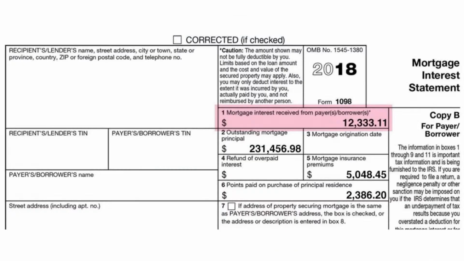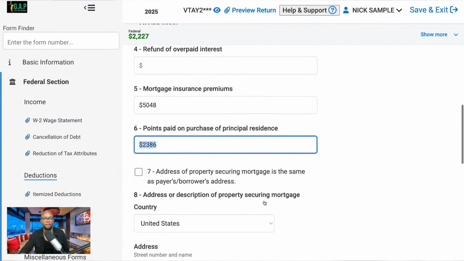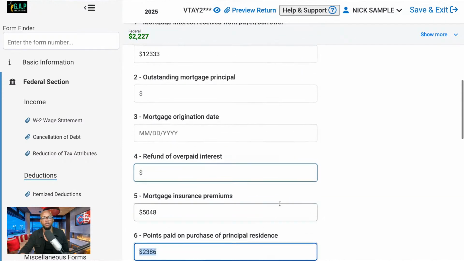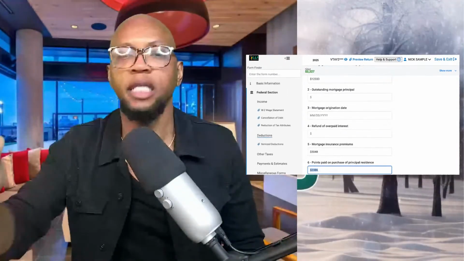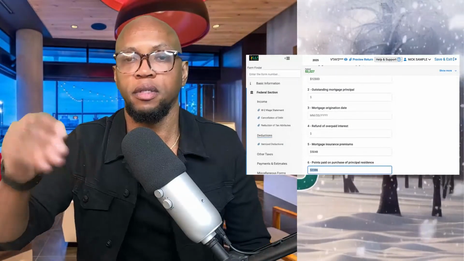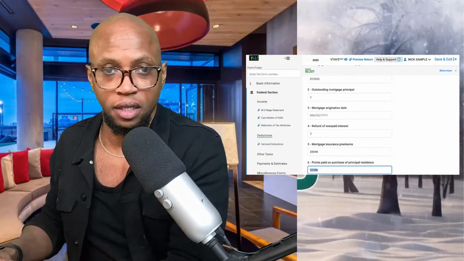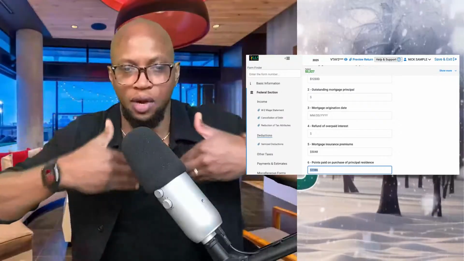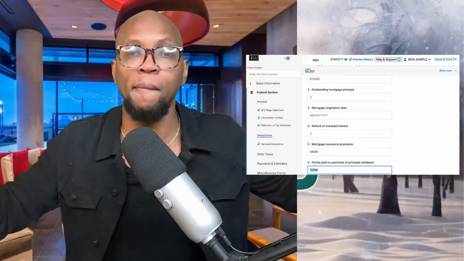Now we can also look and see that it had points paid. Points paid typically indicates that this house is within its first year of ownership. Points paid are normally paid at the time of close. So that is why we have this here. Now, here's what I want you to notice. All three of these different entries each have distinct differences, distinct significance. However, as a group of standard Schedule A deductions, they all go in the same